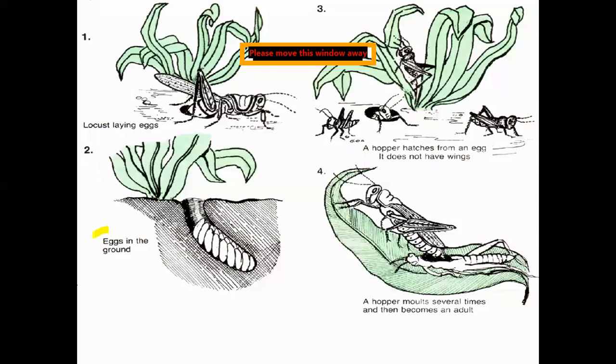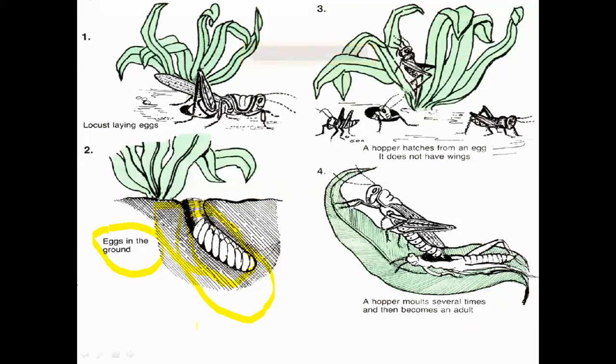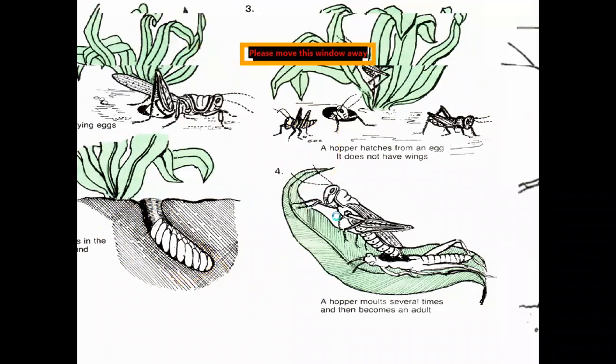eggs up to 5 centimeter depth in the soil. Look, in the soil the eggs are laid like this, that is an egg pod, the egg cells inserted. And when the larva or young one comes out after the egg laying, this young one again becomes an adult. This is also the second example, the grasshopper. Here there are only three stages.